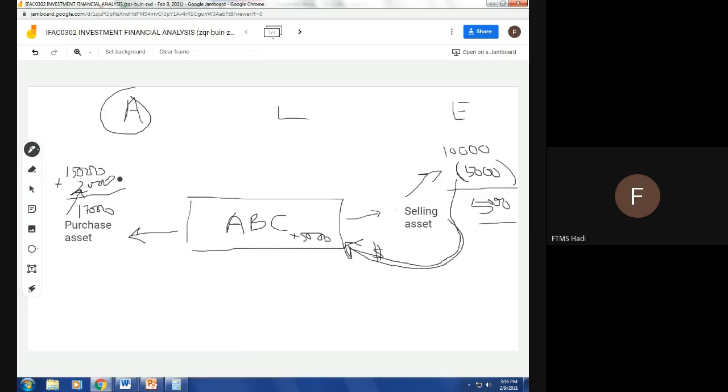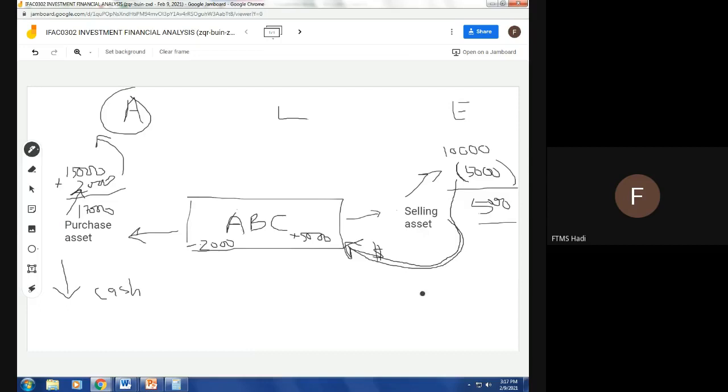Okay, what happened to the 2,000? The 2,000 will be money out. Money out from the company, and then 2,000 will be paid to the furniture supplier. So that's why here that means negative 2,000. So if you purchase asset, it will lead to decrease cash. Yeah. Okay, in Malay, kurang lah duit you, sebab you beli, because you pay because you want to purchase